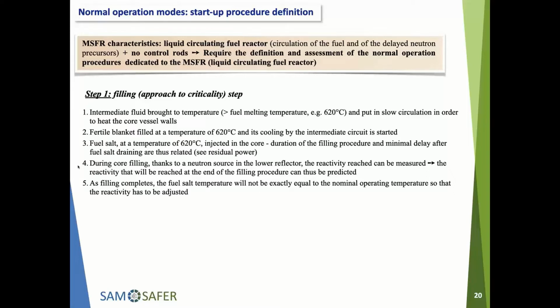And once we complete the filling, the fuel temperature will not be exactly equivalent to the normal operating temperature, because, as I mentioned, you can add actinides, you can have many fuel salt compositions, so you will have to adjust the composition to reach the correct temperature. This will be done in the next step,